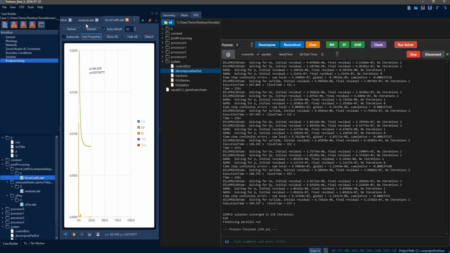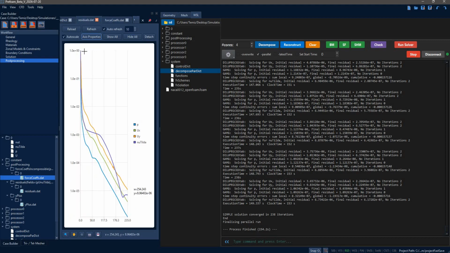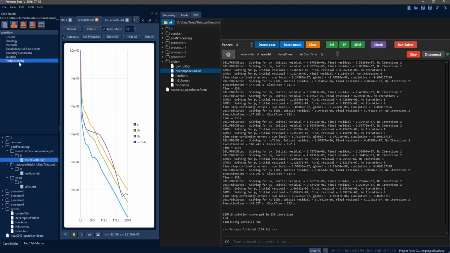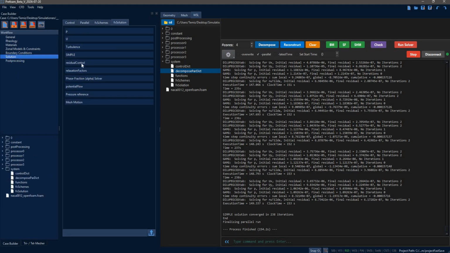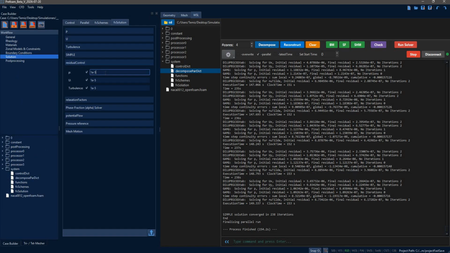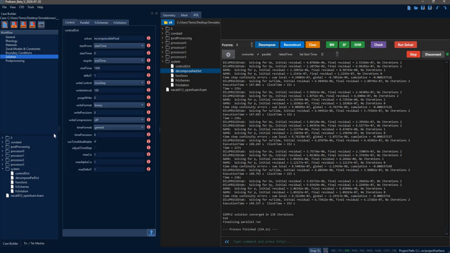It already converged. Let us check the residuals. This is not a converged solution, guys, okay? You need to let it run further until it creates this horizontal line. This is just for demonstration purposes. You can go to solution, and for the residual control you can put a value like 1e-5, no, like 1e-8 or something like that. I think you need to play around with that, but overall this is how to use the case builder,